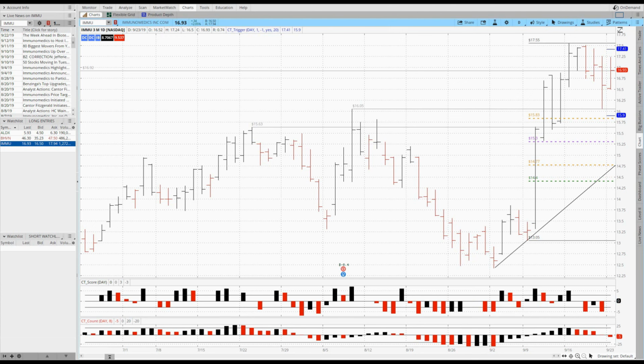To trigger upwave acceleration, price must touch that $17.40 level. If price, however, touches the $16.43 level, a test of $16.05 is very likely. What we would prefer to see here is the up trigger be touched with a break of the $17.55 level, which would confirm upwave acceleration. If price does trade lower instead, we're prepared for a test of $16.05 and even further down to $15.63. Looking ahead, if we trigger upwave acceleration by breaking $17.55, the next level of interest would be $18.20, which